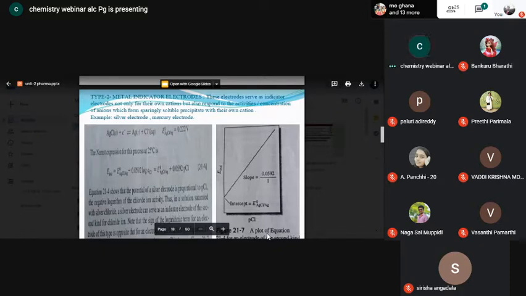In this way, you can observe the dual behavior, or the shift or change in the behavior of the indicator electrodes. If such a change or shift in the behavior of the electrode is observed, then we can classify such electrodes as what electrodes? Indicator electrodes belonging to what type? Type 2. Is it clear? Yes, sir. Okay, so that is the reason why I told you that this is a little bit difficult.